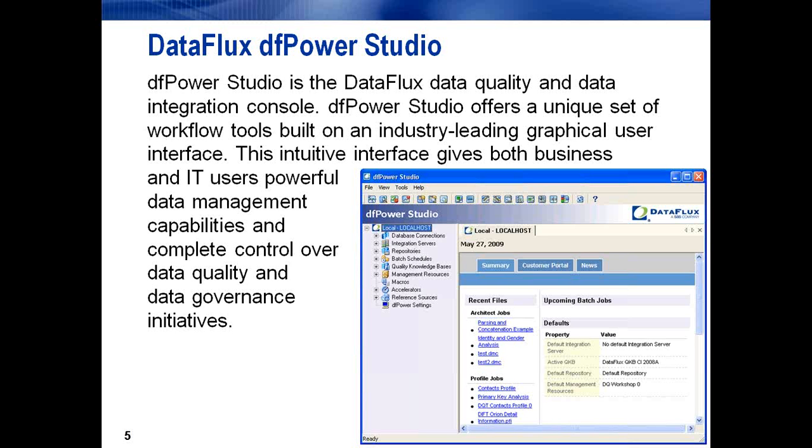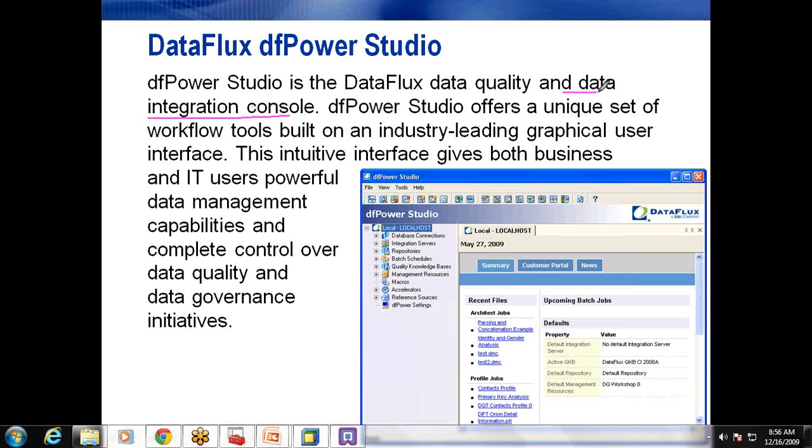Basic tasks are present in DFPower Studio also, because you need to check whether there are any duplicate records between the two tables. Then you should have some transformation, right? That transformation, the merge transformation, is also there in DFPower Studio. That is the reason we call it a data quality as well as